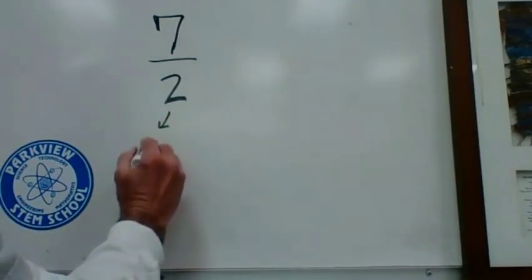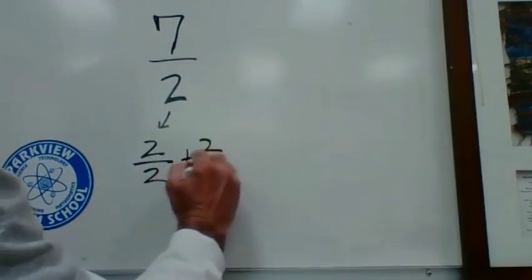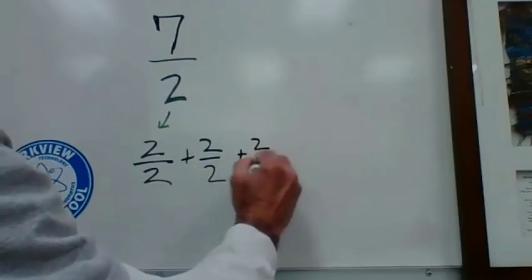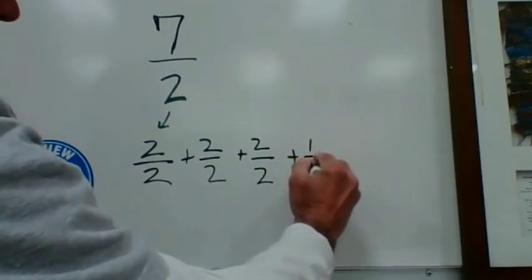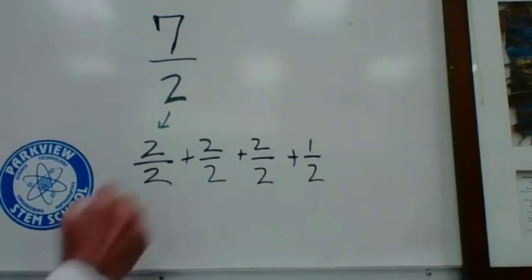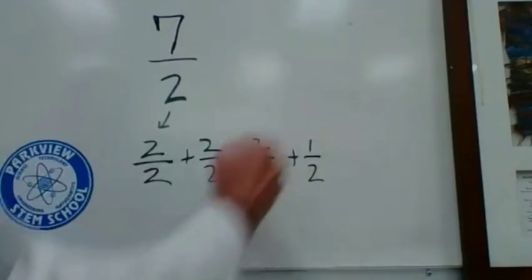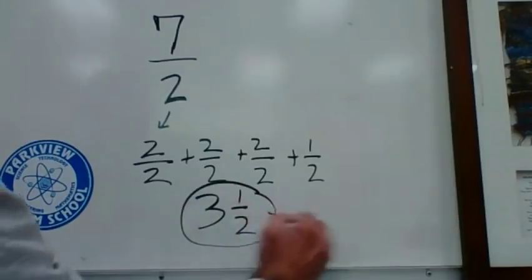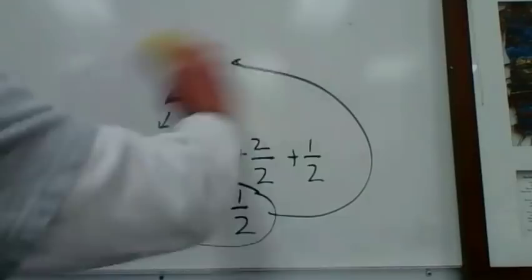Well, watch. Here's 2/2. Here's 4/2. Here's 6/2. And then finally, here's our 7th half. So the number 1 is buried in there in this form. There's 3 of them and 1 more half. See that? Now the other way we can do this